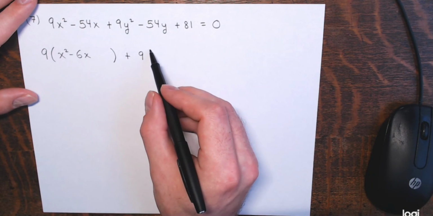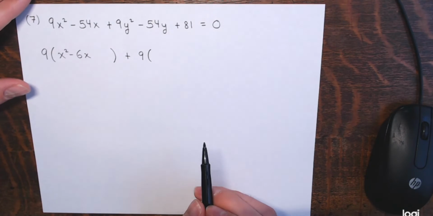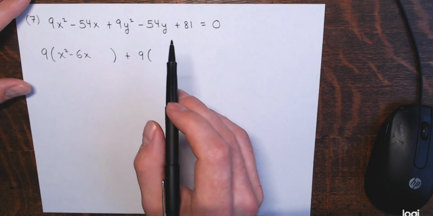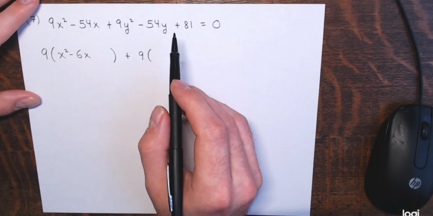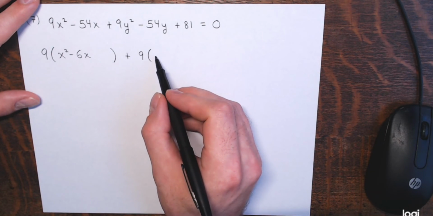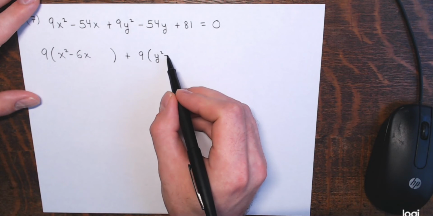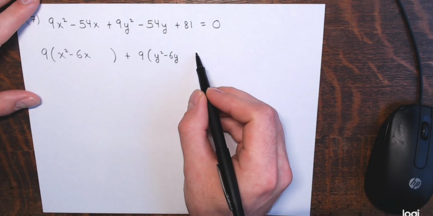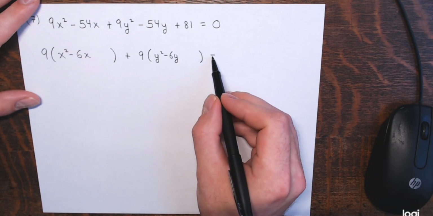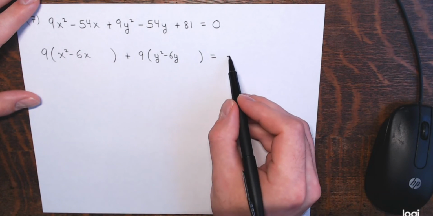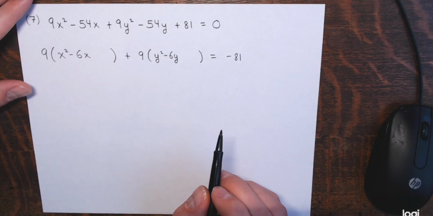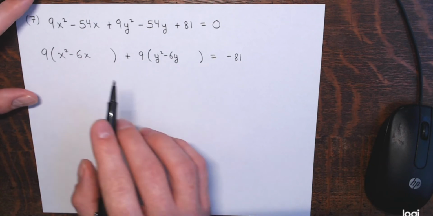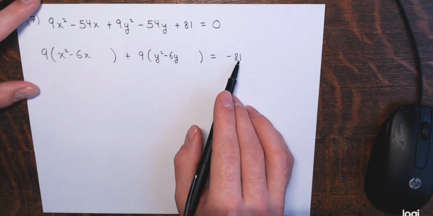And we're going to see that this will actually be a circle as well, just like example 6. And then we have again y squared minus 6y. Leave some space. And then the 81 I'm going to subtract. We'll have negative 81 on the other side. And you might want to do this now. You might notice, hey, 9, 9, 81, those are all